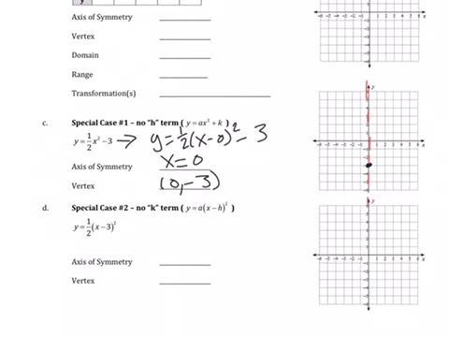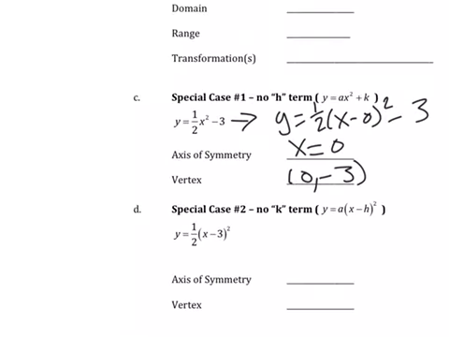We're not necessarily going to know what that looks like off the top of our head, so this is where we need to actually try to find two different values. Okay, so if we have (0, -3) as one of them, let's try it when x is 1. If I put 1 into that equation, my y output, I'm going to do this over on the side. If I have x in there as 1, 1/2 of 1 squared is 1/2, minus 3 is going to be